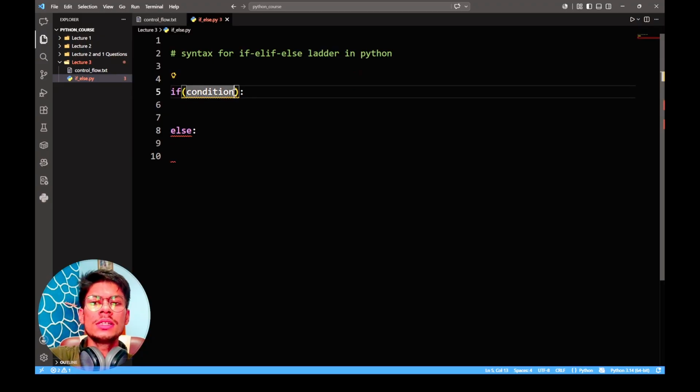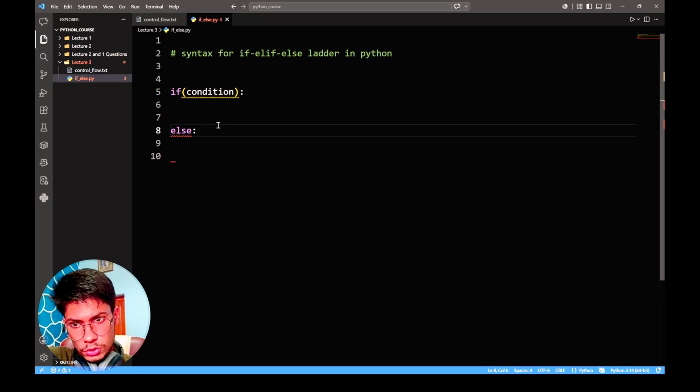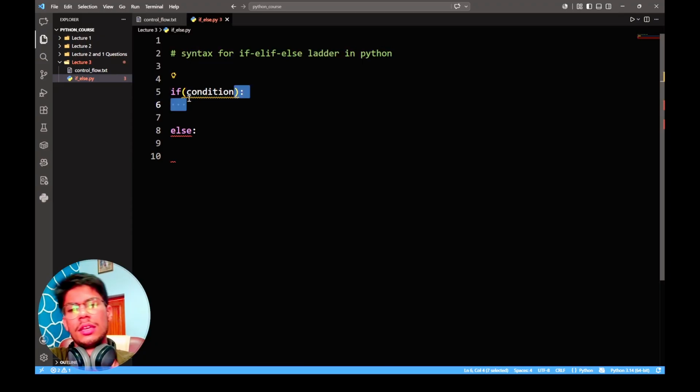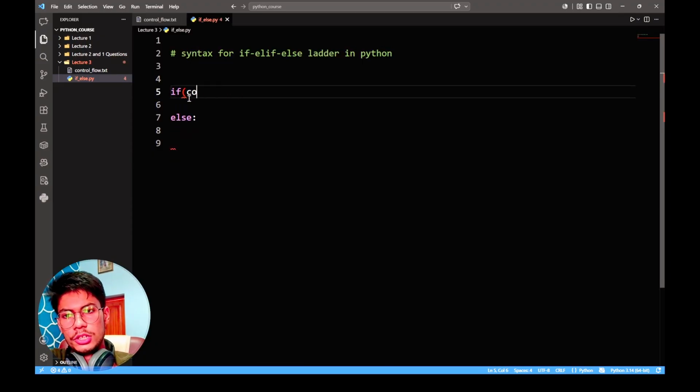For example, I just want to check if a number is equal to 10, and if it is greater than 10 or less than 10, I want to print on the terminal that the number doesn't matter for me. So what I will do is I will make this condition: if number is equal to 10, then what you should do is